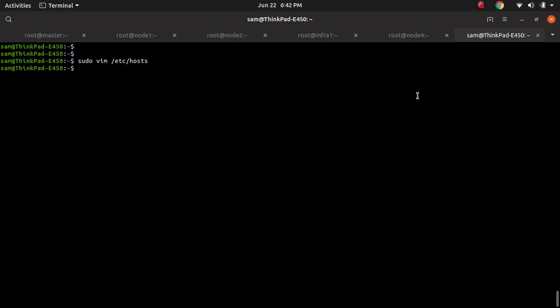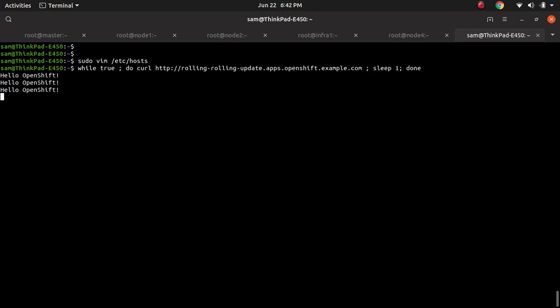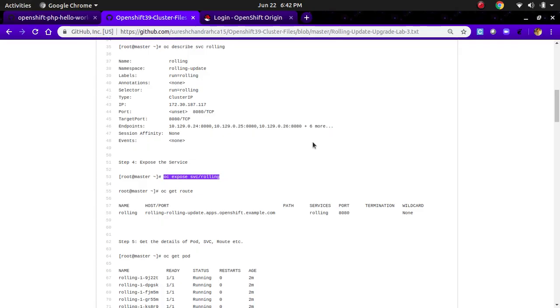And now I can use this command: while true; do curl, using my application URL here, I'm putting sleep 1 and done. So it will give you this one, hello OpenShift. This is the index.html, you can say, or the page that has been configured inside this image. Okay,